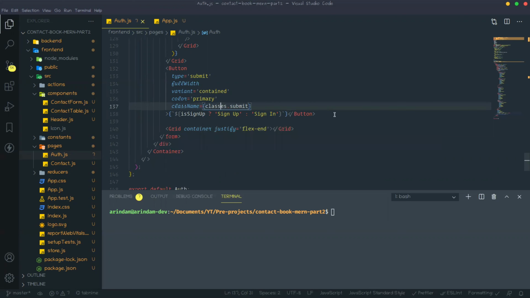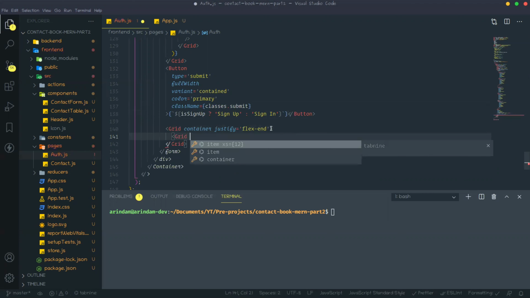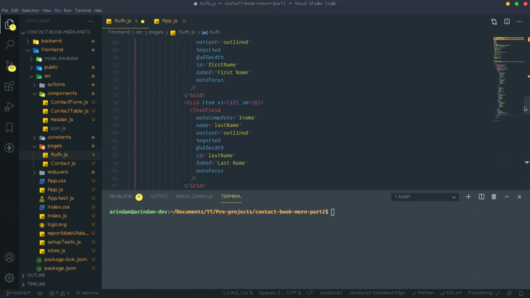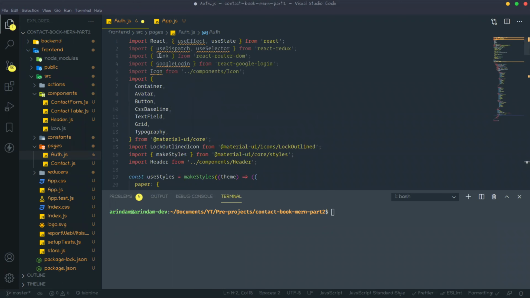Okay, so inside this grid we need to create another grid. That prop should be item. So inside this grid we need to create one link. Okay, so that link will come from React Router DOM. Yes, that is there.